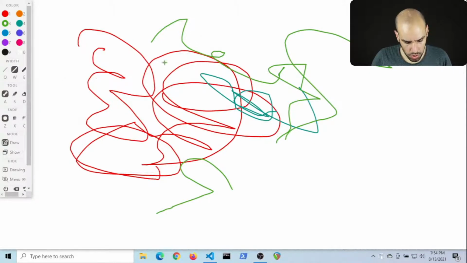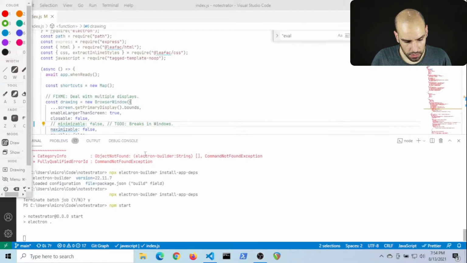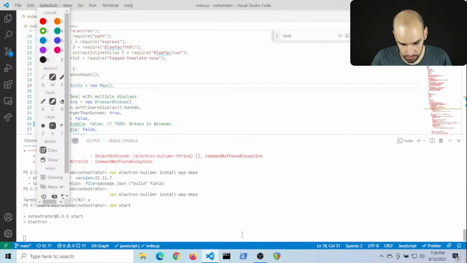And I cannot switch to tools, but I can use the keyboard shortcuts for that. Does fade work? All right, fade is working. And then can I hide stuff? Okay, I can hide stuff, but this window doesn't go away. And it should go away.